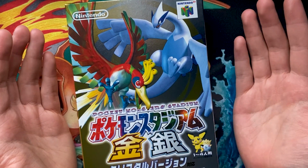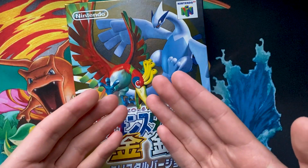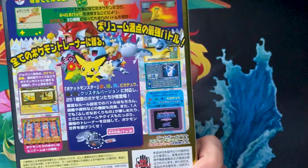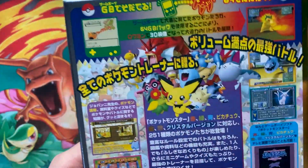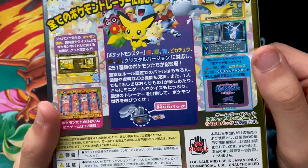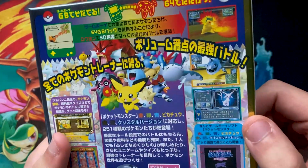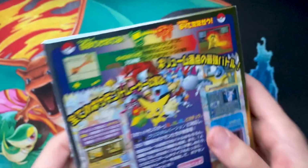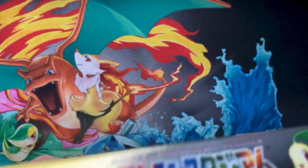Ho-Oh and Lugia on the cover with this beautiful iridescent finish. This is just great. And on the back you have a red Gyarados. There's all these little areas of holo. It's just beautiful. This is such a nostalgic thing, and for how common these are,